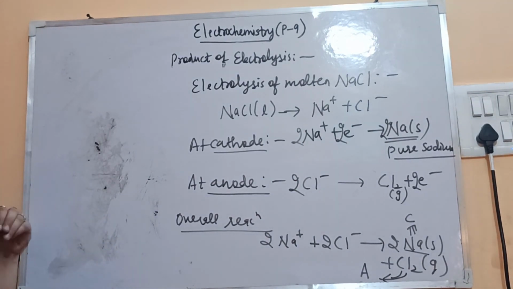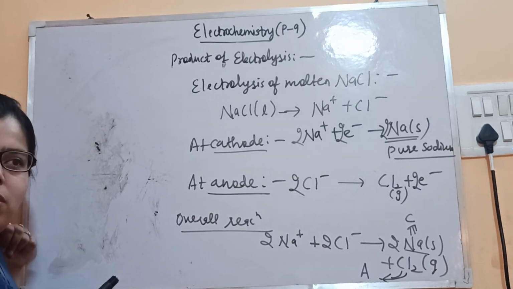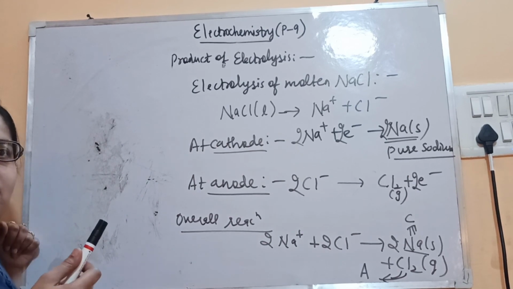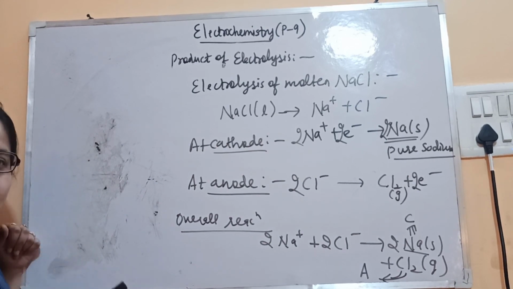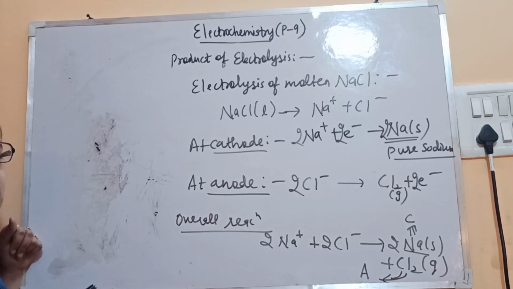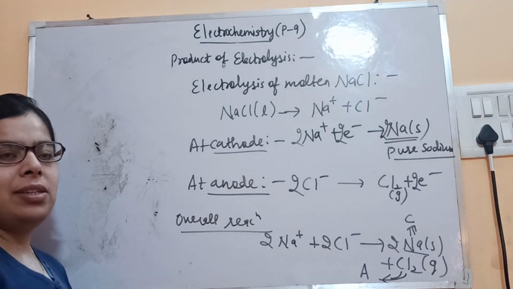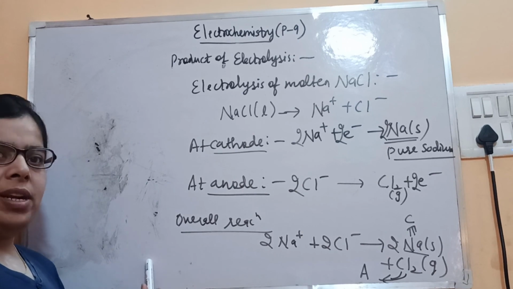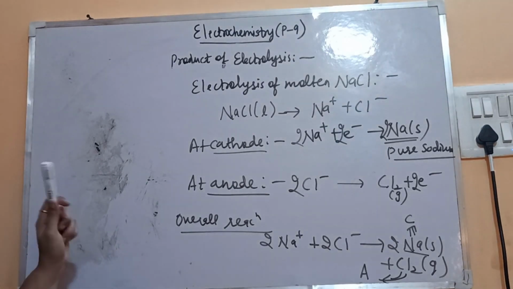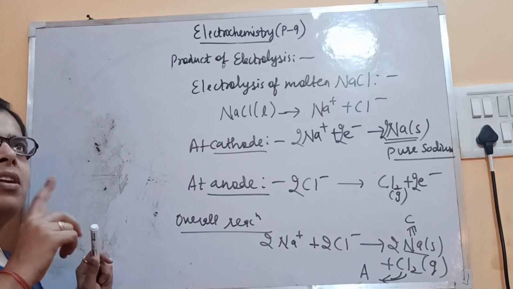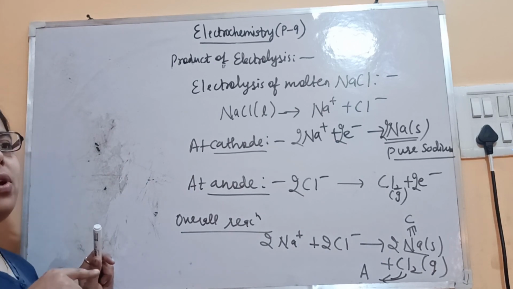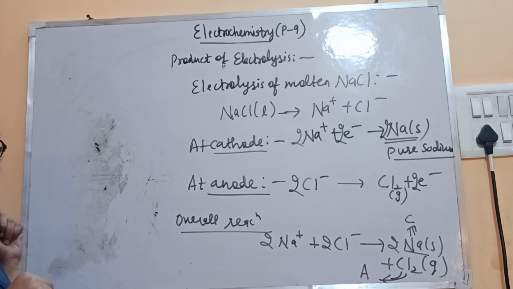Fine. So on the basis of E naught value, now we'll discuss the product of electrolysis in the case of aqueous solution, where H plus ions from water are present, and then we'll see with the different electrodes. Here we have started with the first part, the nature of the electrolyte. If we take molten or aqueous, the products will change. Then we'll see with the different electrodes also, attackable as well as non-attackable, and you will find that products are different. Okay, so this we'll see in the next class. Till then, thank you.